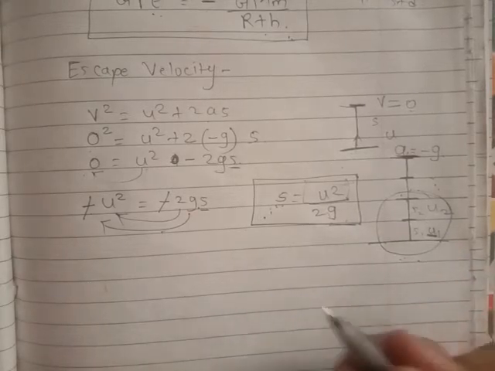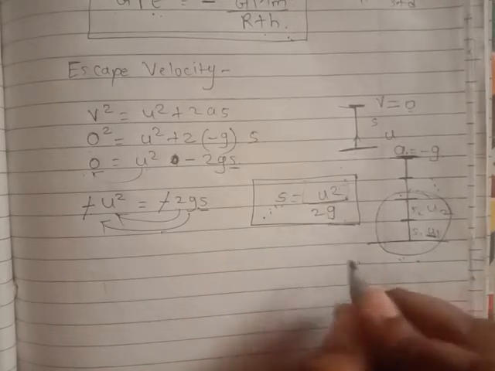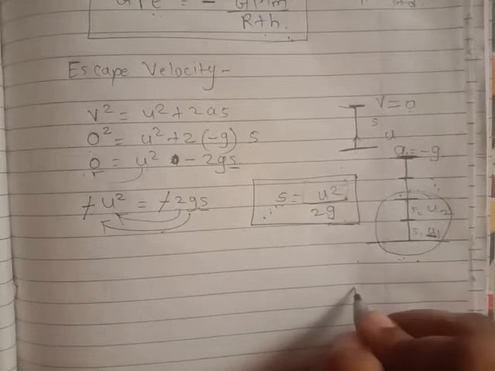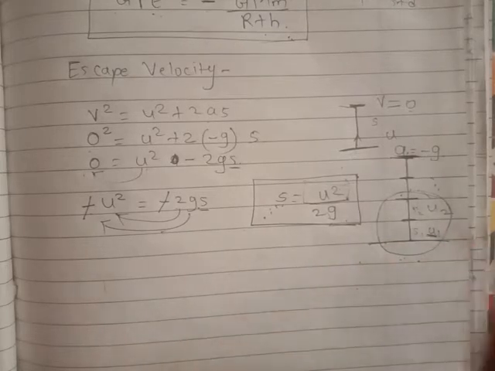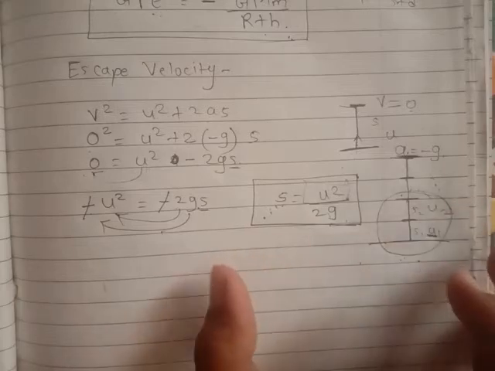A certain limit of velocity can be given to the object so that it can escape the Earth's gravitational field and go ahead further, and it will not come back again. Okay, this is about escape velocity. Now we are going to derive a short formula for the escape velocity of the object when it wants to go ahead and will not be affected by the Earth's gravitational force after reaching some height.